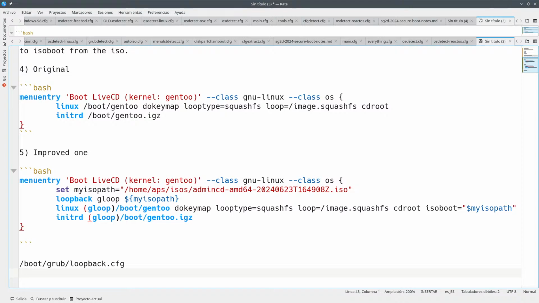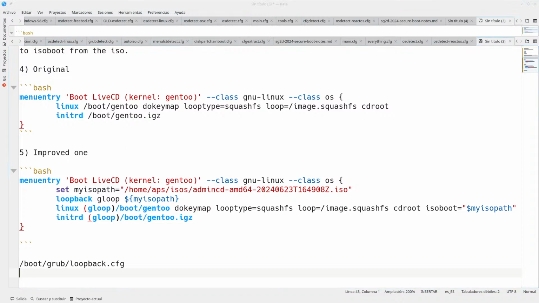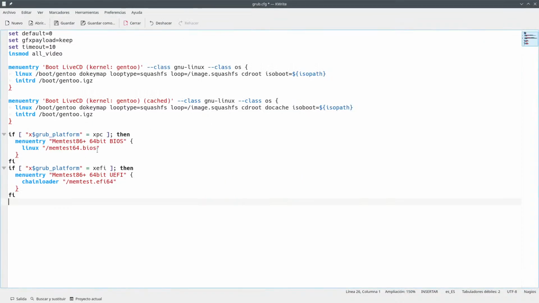Basically, if there is any problem with this grub.cfg that we have here from Gentoo, you can just create loopback.cfg as a copy paste of this and just add isoboot here at the very end.